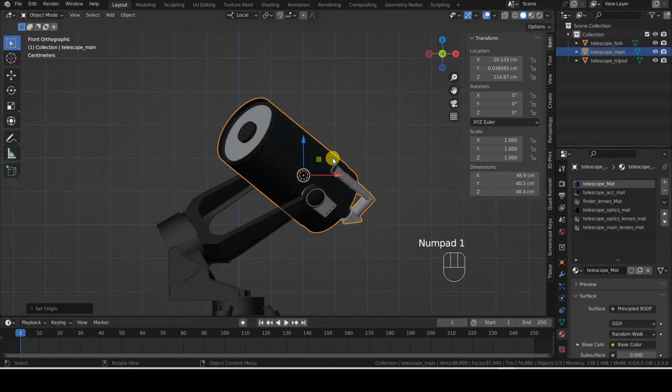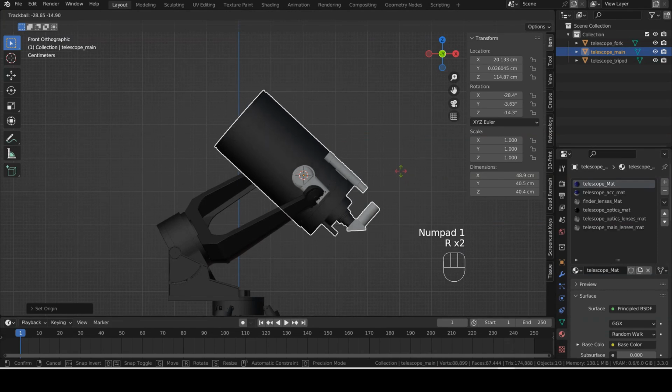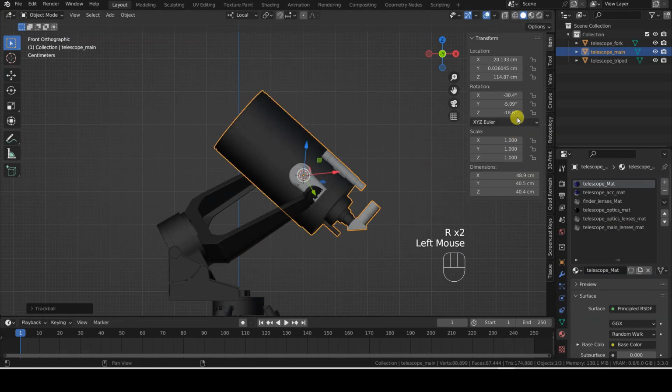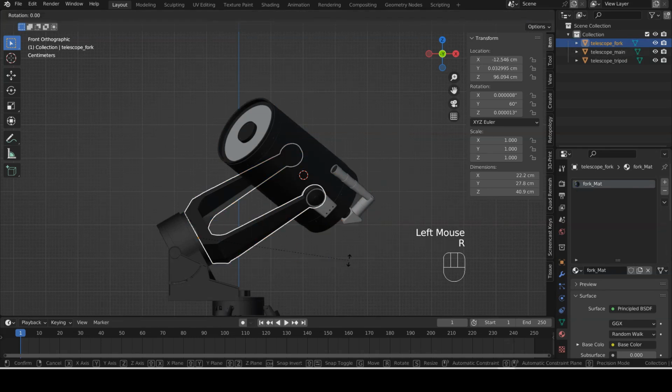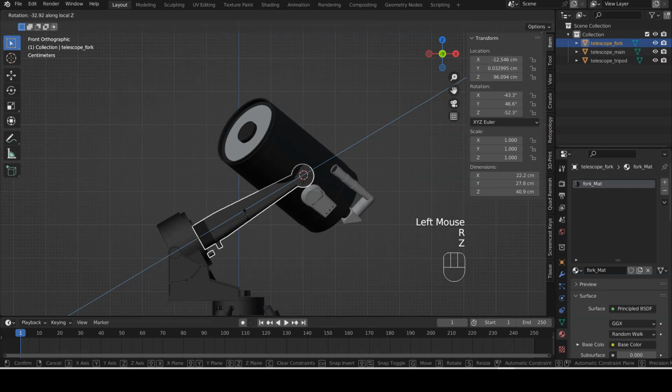Straightening the telescope so that a global axis, for example, the y-axis, correctly crosses it, is not a simple operation because we should perform a rotation on the three axes. However, there is a solution. We can temporarily parent the telescope to the fork, thus easily straightening the telescope at least in one view.